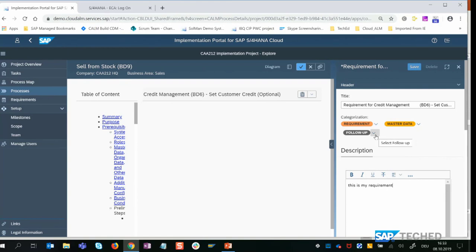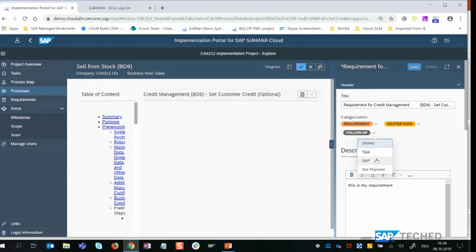And we can decide how we want to follow up with this requirement. So we can say that this is a task for the realize phase. As I said, our tool is a task-driven environment, so everything that needs to be done during an implementation is a task. If you set the follow-up task, we create out of this requirement a task for the realize phase, and your implementation expert will see it in the upcoming tasks list.